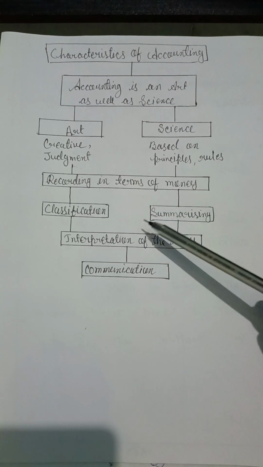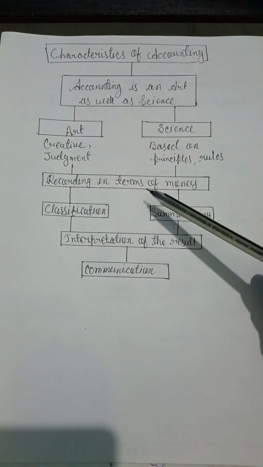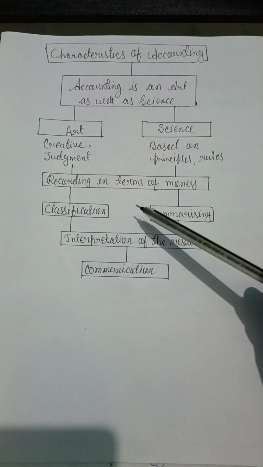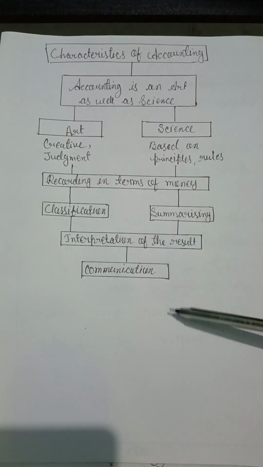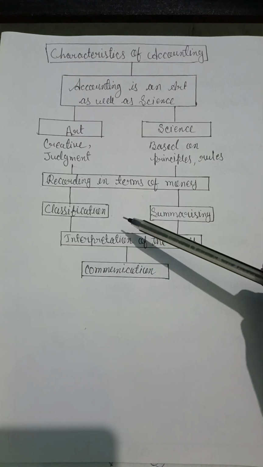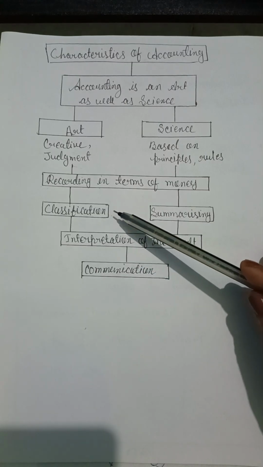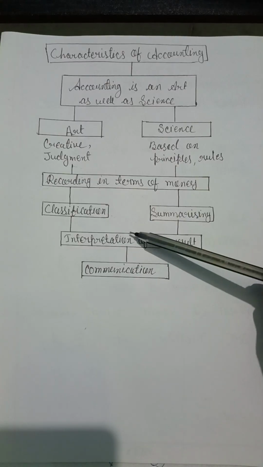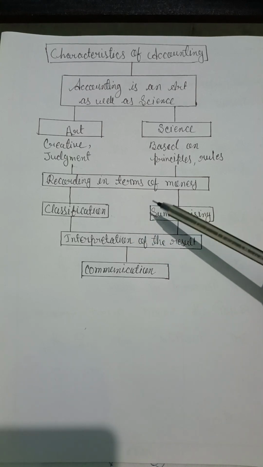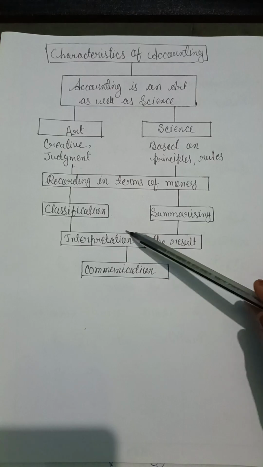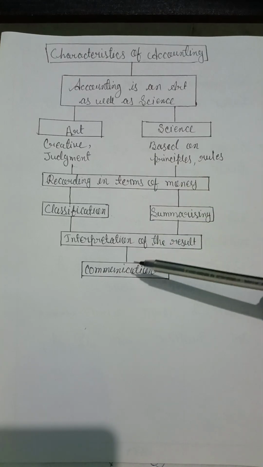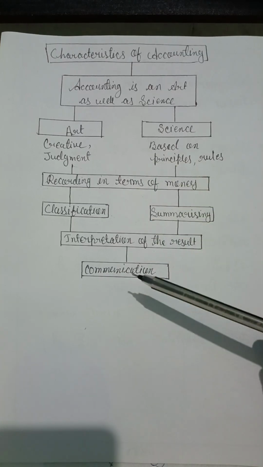Okay, after recording we are classifying all the things. Because all the transactions we maintain in a systematic manner, but we don't know how to classify. So first we classify to know. Suppose that we are purchasing something from one person, and we are purchasing something for another person, but in terms of recording we are just recording all the things continuously, but we don't know